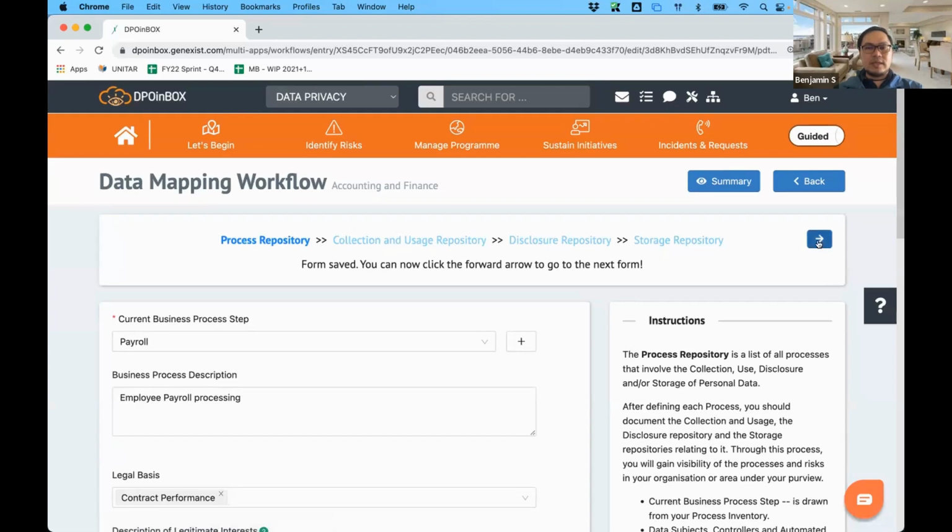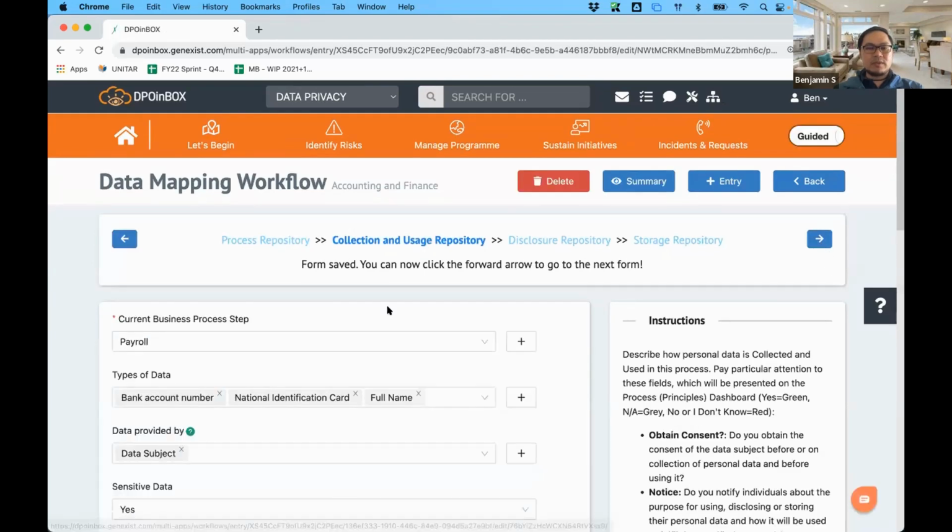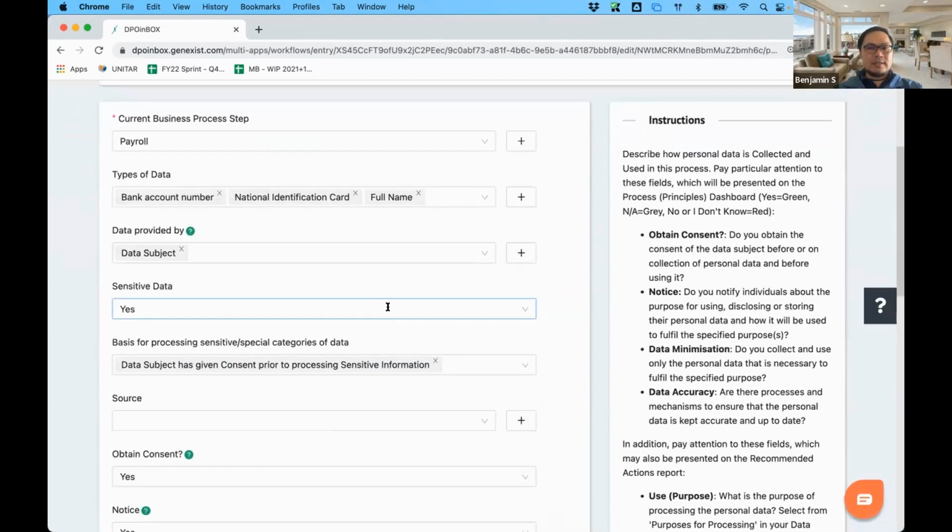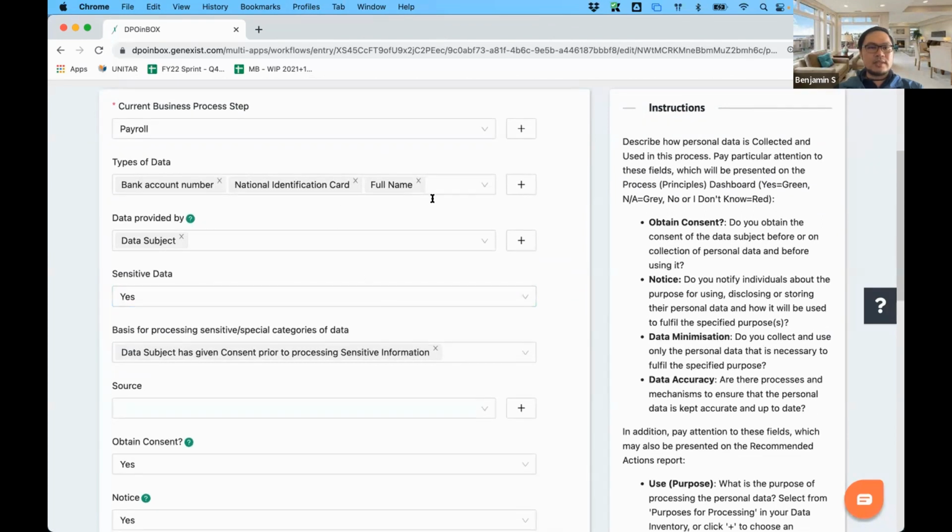Now, when we move to the collect and usage repository, the system requires you to input information such as the type of data, and who this data is provided by. And in certain jurisdictions, if you are in the Philippines or Malaysia, there is a special category of personal data, which is called sensitive data.